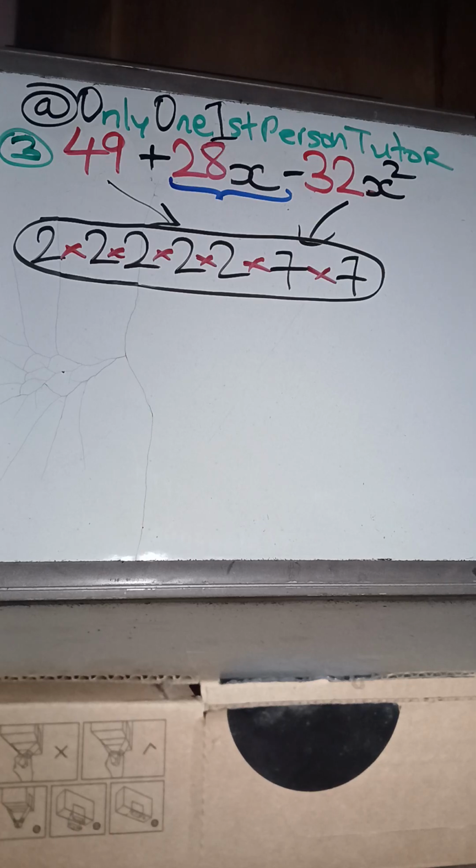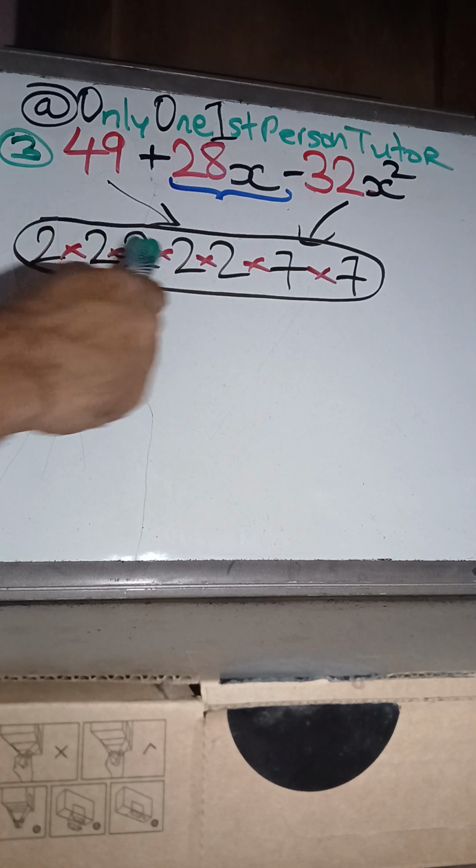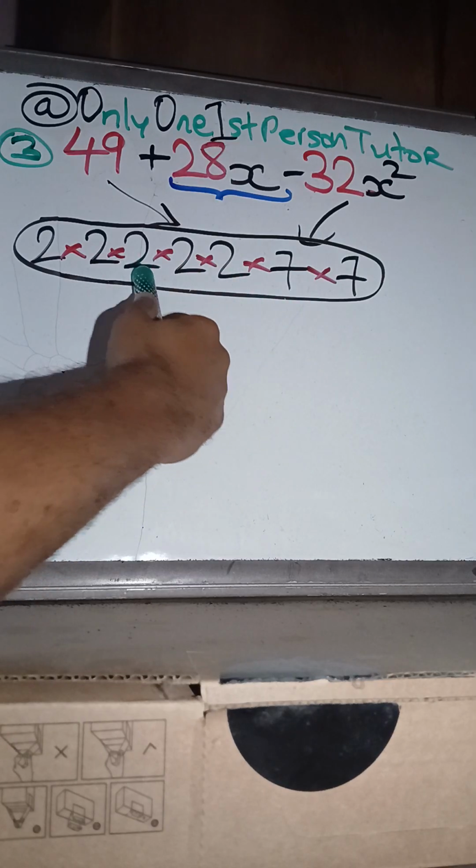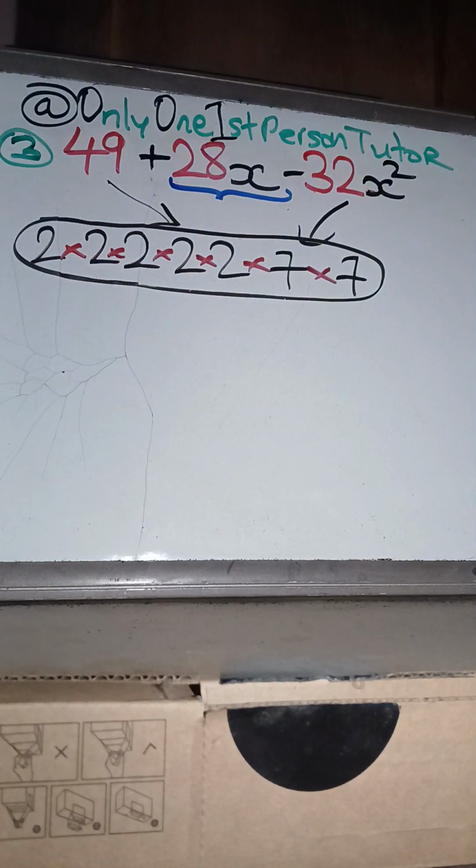Alright. So what are we going to do here? Because 49 and 32 do not give us 28. I think I see it. Look at this. We have a 2 by 2 by 7, which gives us 28. But we also have another 2 by 2 by 7. But 28 and 28, if you were to add or subtract them, you will get 0. But